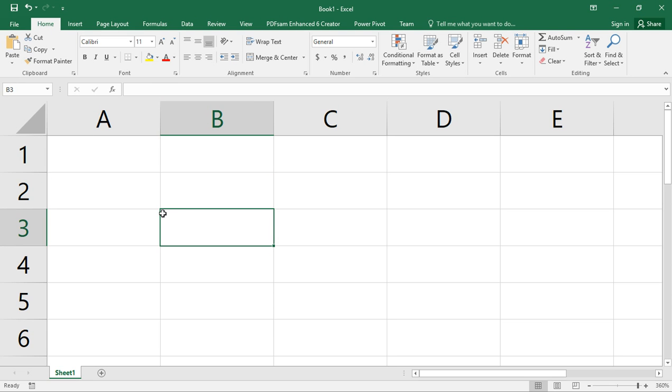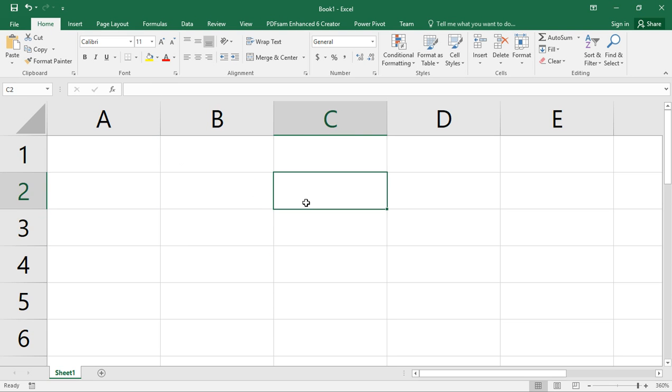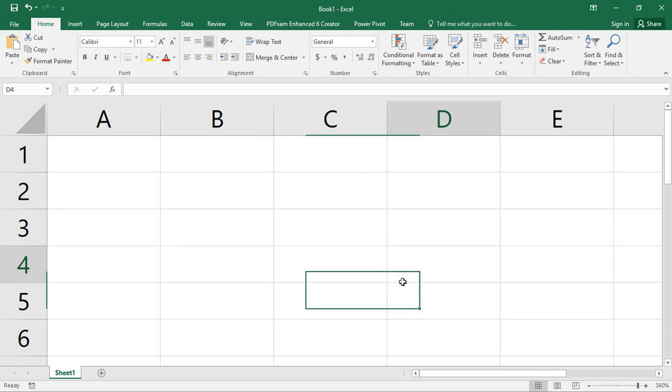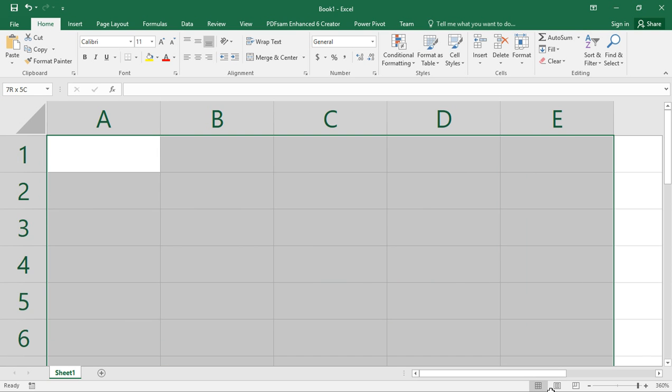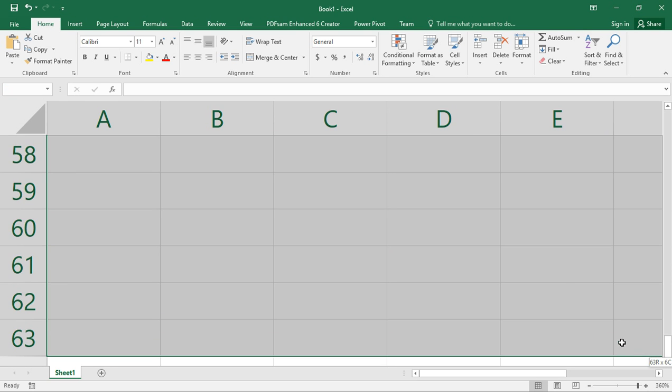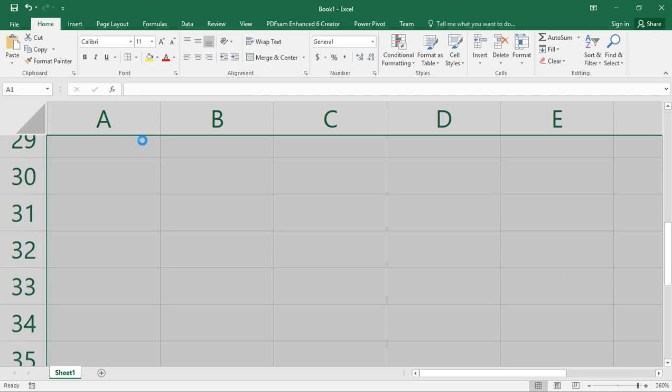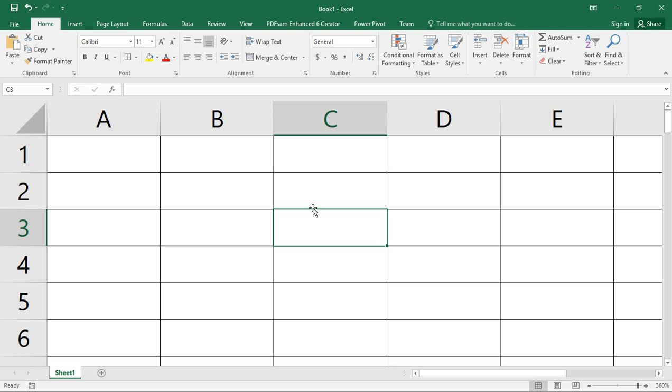So B3 is there, C2 is there. So that's our Excel. And let me just have some borders so that we can have ourselves demarcated from each other.